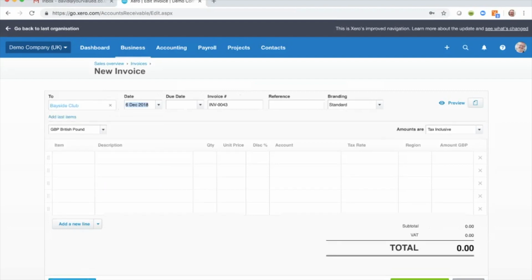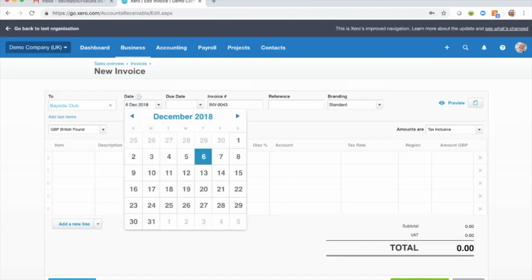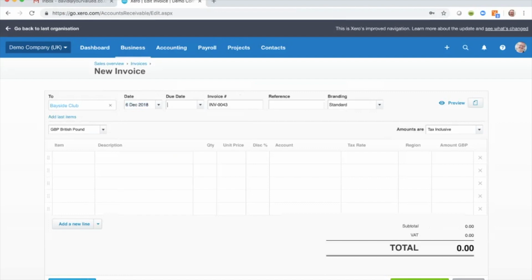Now again, if I use my tab key, I can move through these fields. So here is my due date. I might accept it as today, but when I tab to the date I'm raising the invoice, but then if I tab through that, it will bring me to the due date. And I could do something rather clever, such as putting in, say, +7. And then when I tab, it will add 7 days from the date of the invoice to be the due